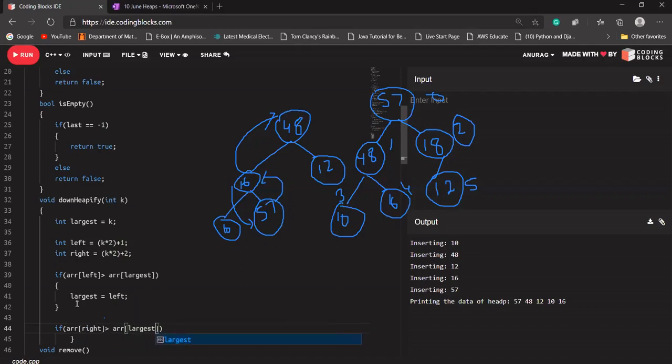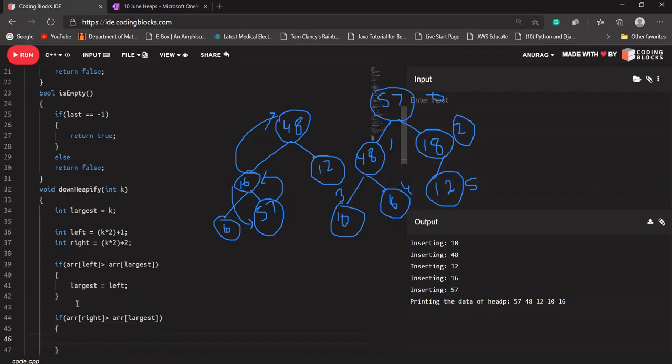Let's say left was greater than parent, it was fine. If left is greater than parent, in the largest the index of left will come. Let's say 12 comes here. So 12 is greater than 48? No, 12 is not greater than 48. So in largest, the index 1 will be stored.